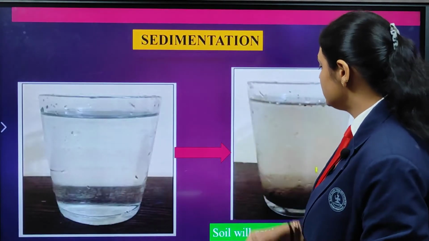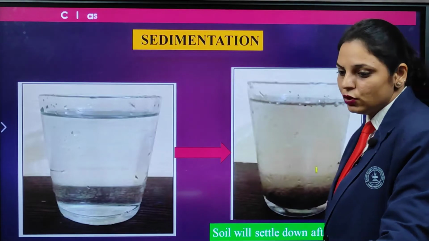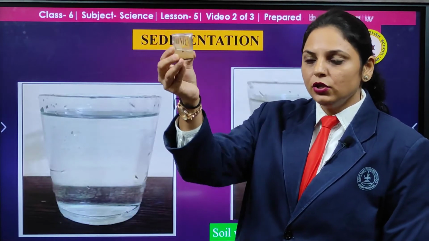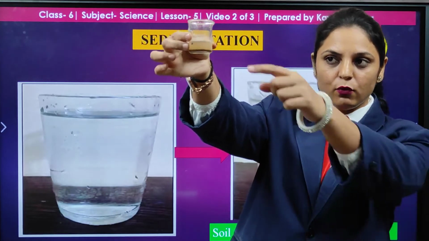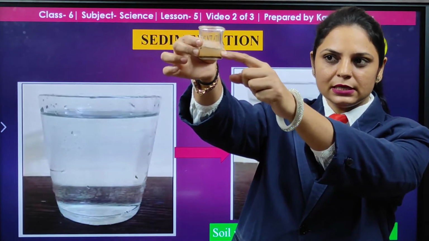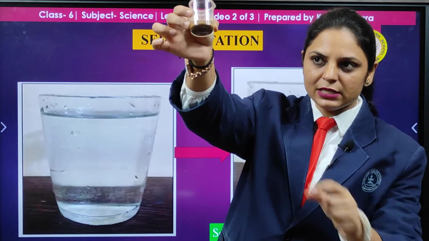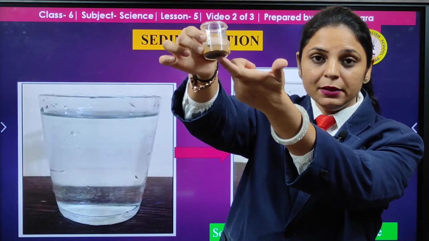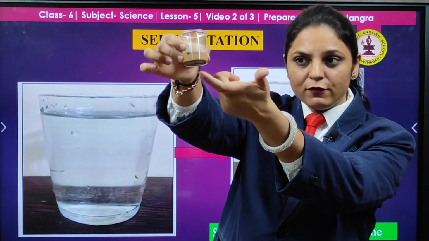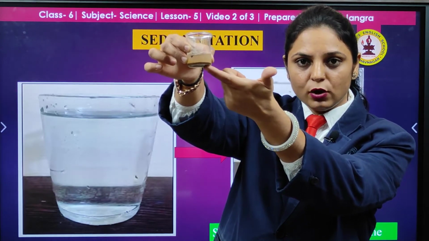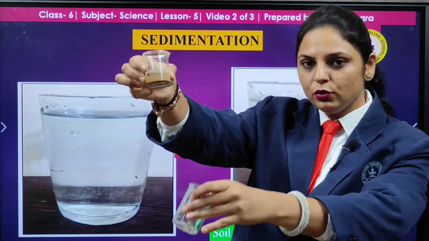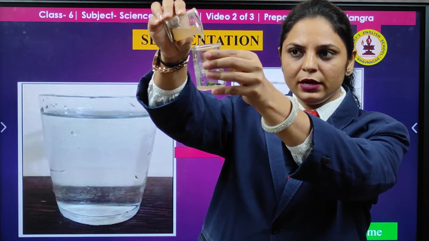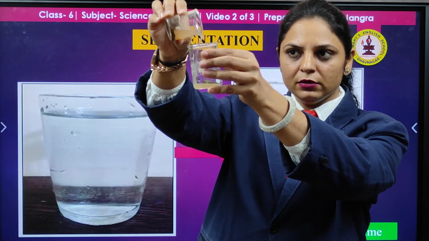This is what sedimentation is. You can see over here, I mixed the soil in the beaker. You can observe clearly that the water here is somewhat turbid, but the soil has settled down on the surface. So what is this? This is sedimentation. And if I want to separate this water and the soil, what am I going to do? You can observe over here, slowly I will just pour this liquid into another beaker.